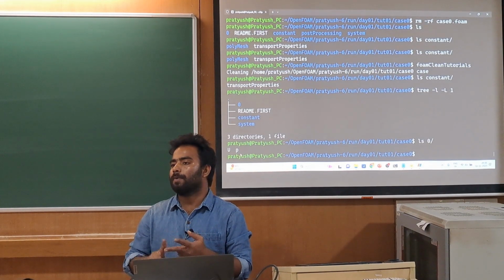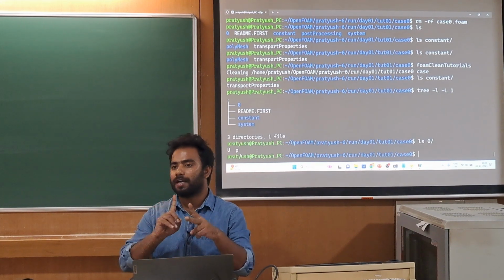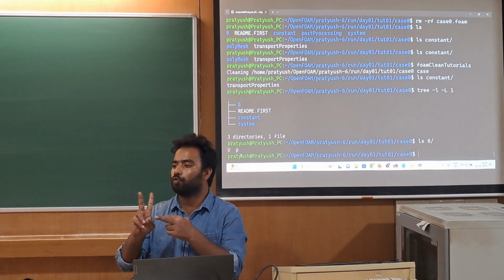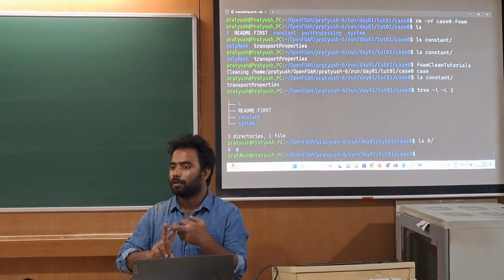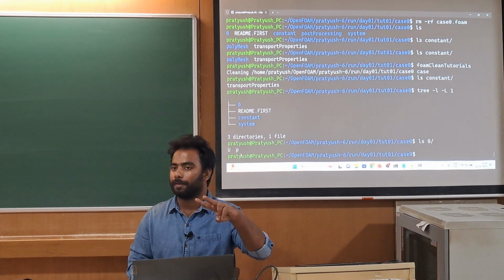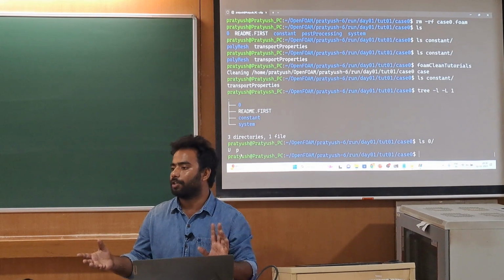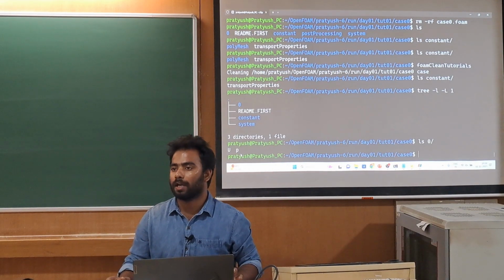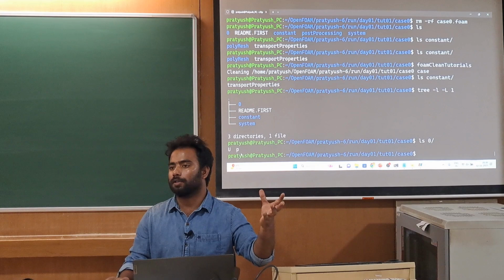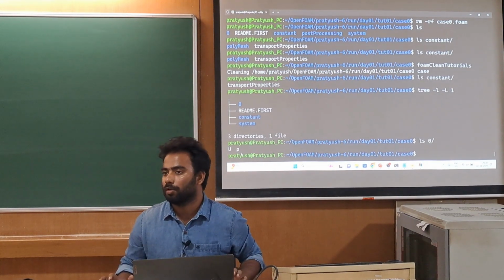Since we are solving the Navier-Stokes equation and continuity equation, for these partial differential equations we solve only two variables, that is the velocity and the pressure. That is why you are seeing only two files, U and P. If you have an energy equation, then you should also have a temperature file. Suppose you are solving mass transfer, there should be one file for the mass transfer.